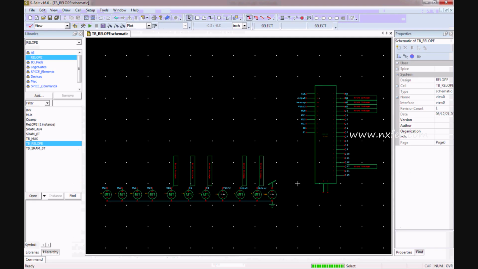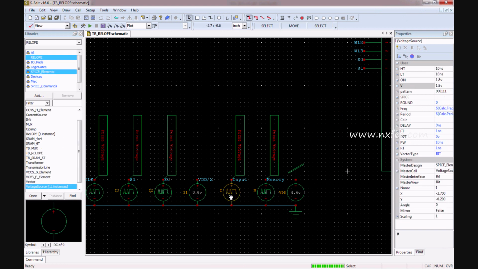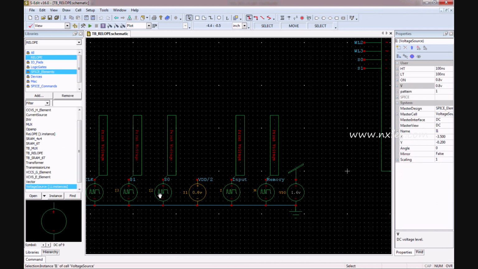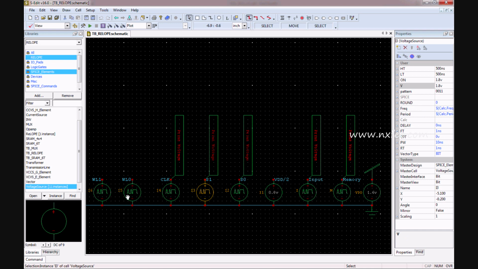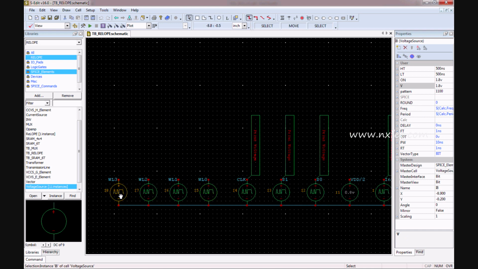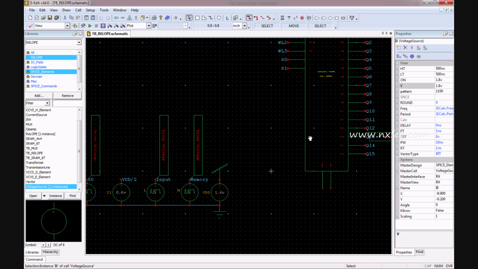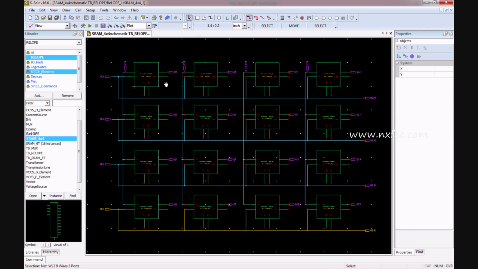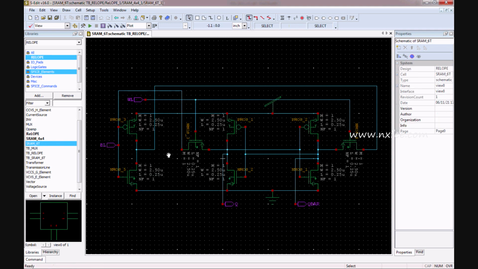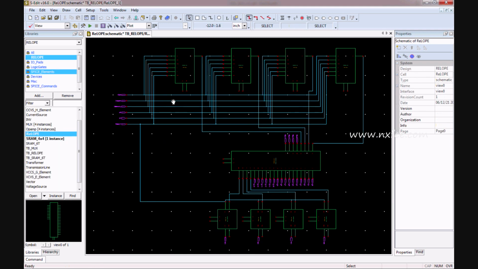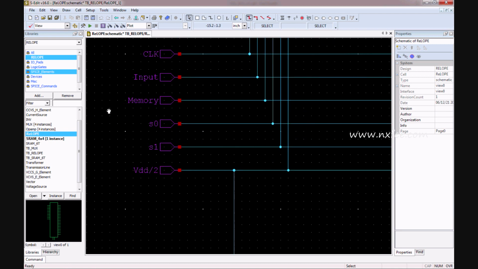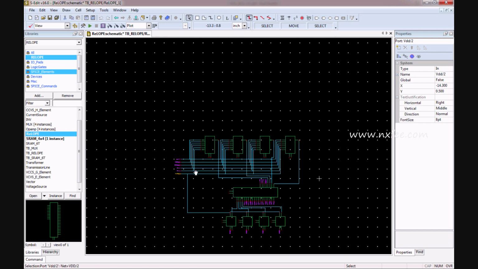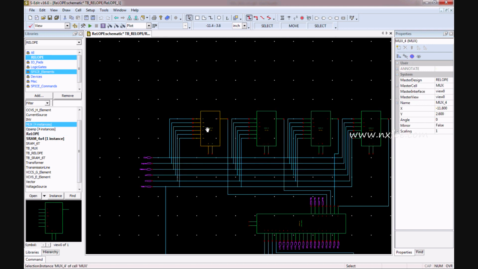We can show the output. This is the Reloop architecture. Here we are given memory input, data input and VDD divided by 2, and S0, S1, write line 0 to write line 3. Here we used a memory architecture of 4 cross 4. This is the memory, and this is the complete architecture. Initially we take the input clock, input memory, S0, S1 and VDD divided by 2, and it will be loaded into this architecture.